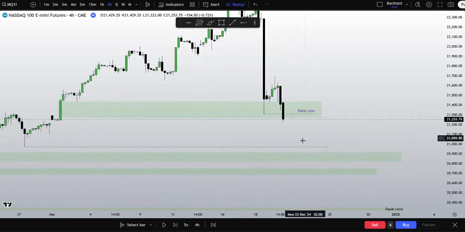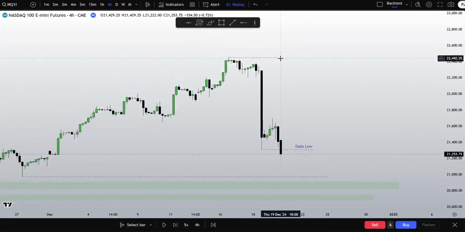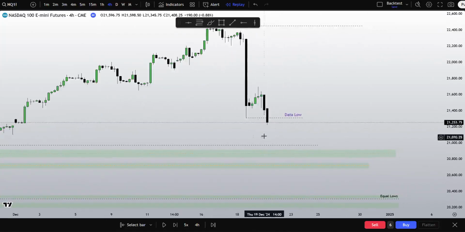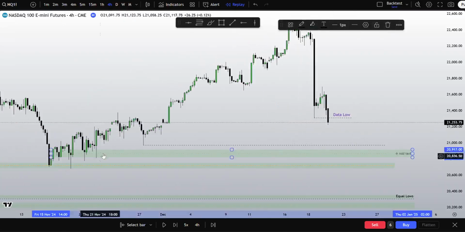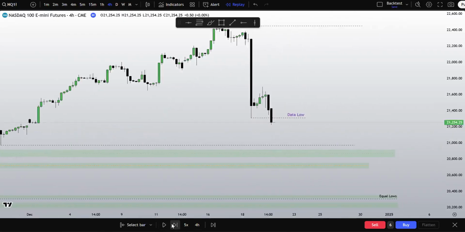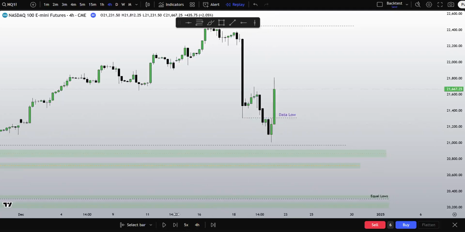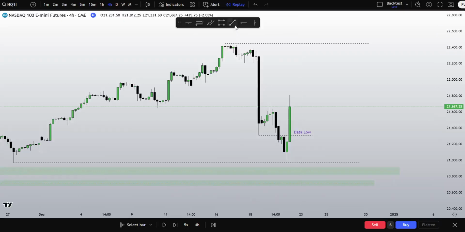So where do my eyes go now? I know we just took data low, so you would expect, and it would make sense if we reverse and go higher. Given the fact that we did disrespect this PD array, I would like to see if we can fail that reversal and head to this low right here, then this PD array right here, and the low resistance liquidity right there. Should we reverse, then we'll analyze accordingly, but look, we are heading lower. Head lower, we do not go to that low. In fact, we reverse, take this high.